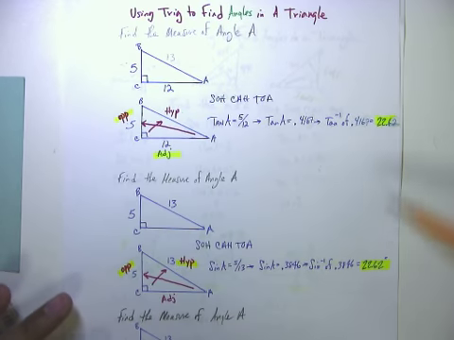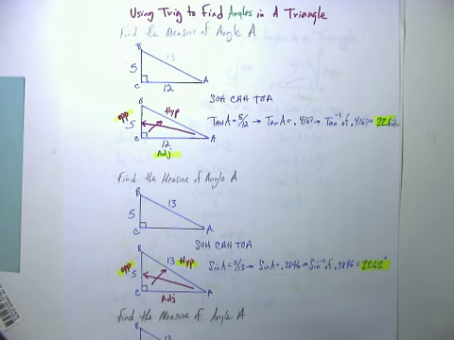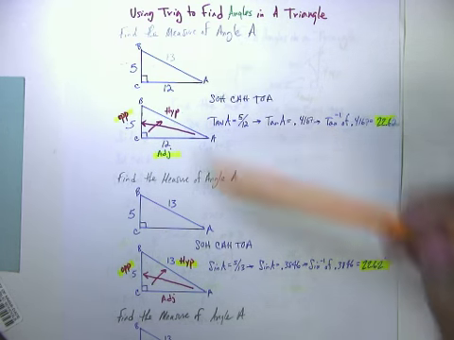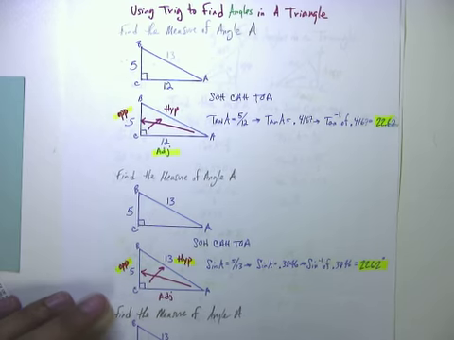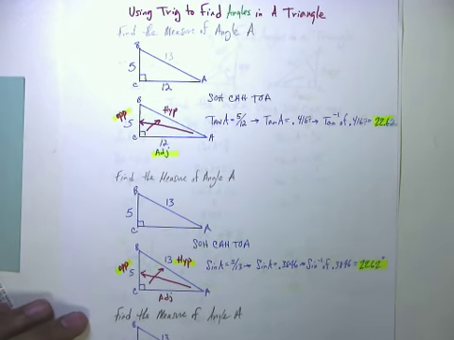All I did was take out little bits at a time and gave you two sides, and no matter what we did, the measure of angle A came out to be what? 22.62, because these are all the same triangle. And it makes sense, because does the measure of an angle change only because I took out one side or something? No, it doesn't. It still stays the same. So it proves to you more than anything